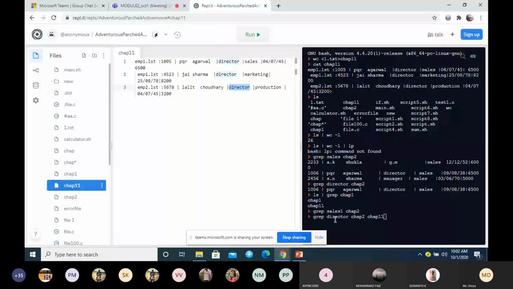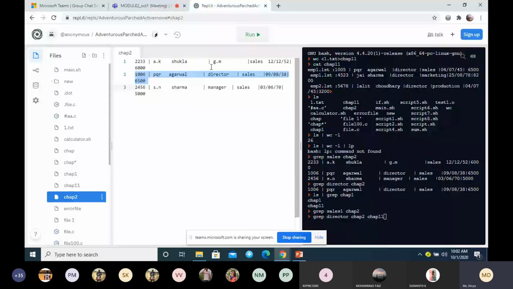Grep: I want to search the pattern director in the two files, chap2 and chap11. In chap11 I have all 3 lines with the word director, and in chap2 only 1 line.